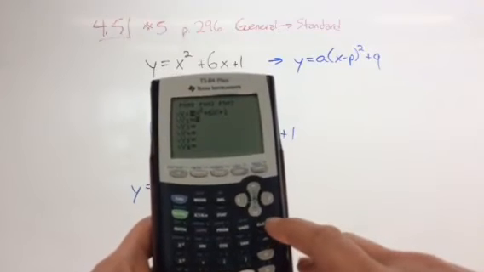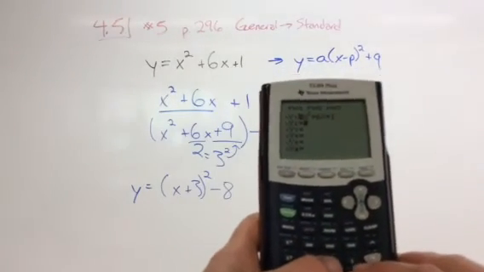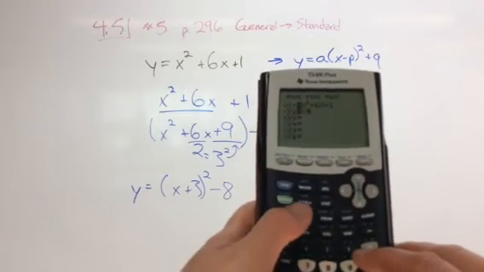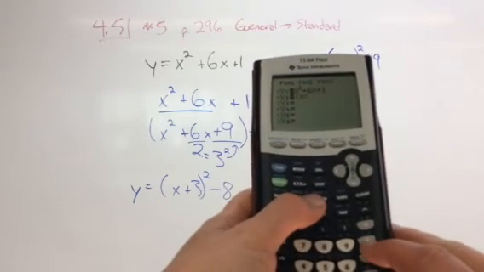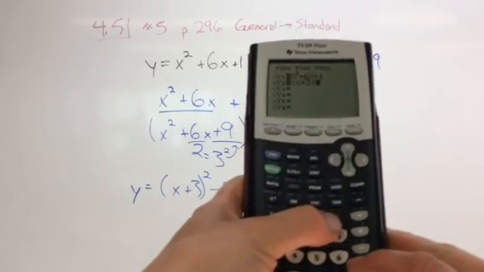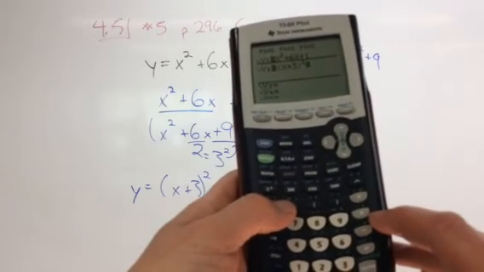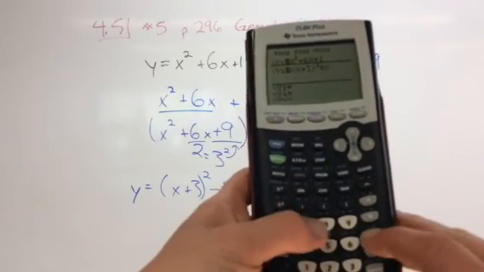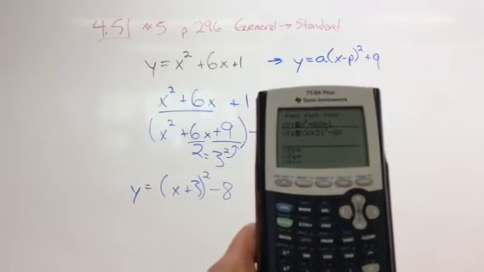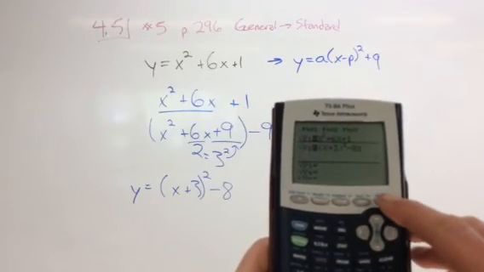And now I've got y2 equals. And now I'm going to put in this other formula, bracket x plus 3, close bracket, square it, and subtract 8. So now I've got that same equation as right here, and if I graph it,